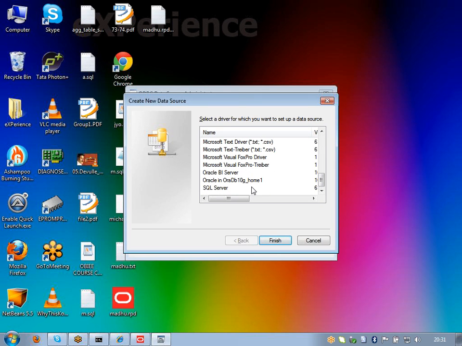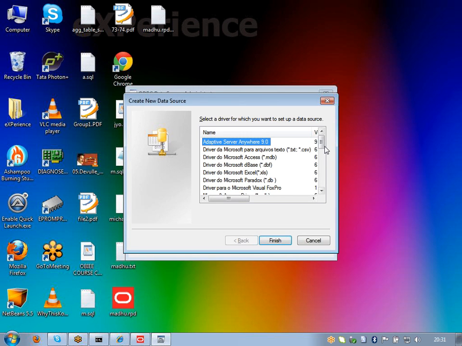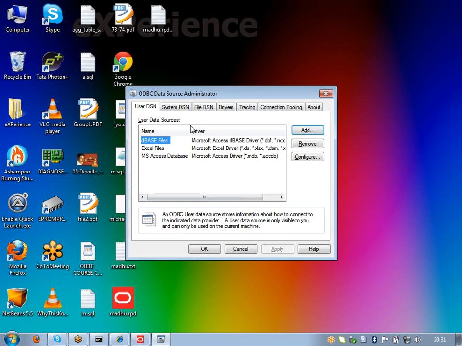Sorry to interrupt. Why do we have to choose the system DSN? We can choose the user DSN. User DSN, if it contains the data sources, we can do it. But we always use the system DSN because user DSN is something like,